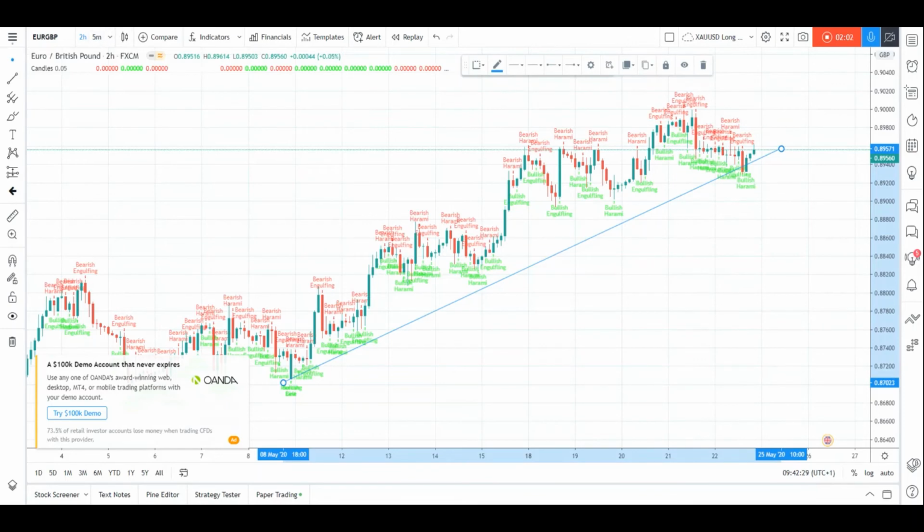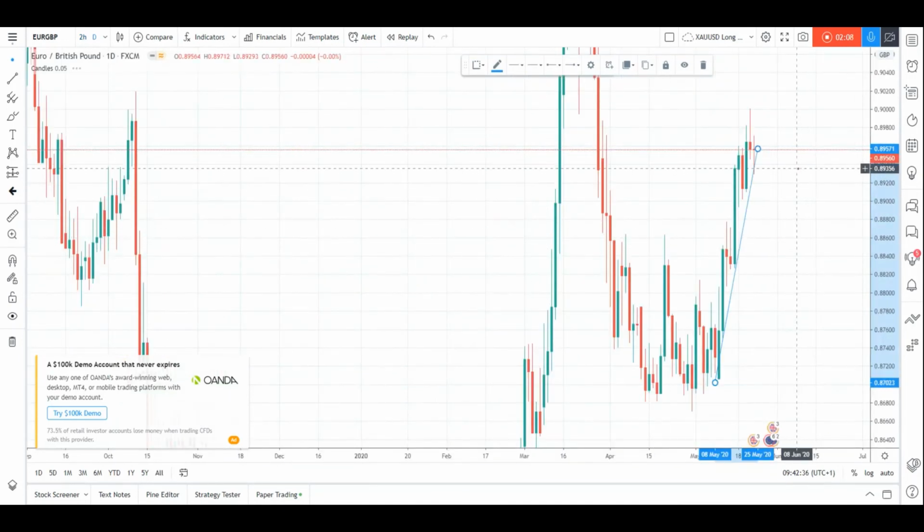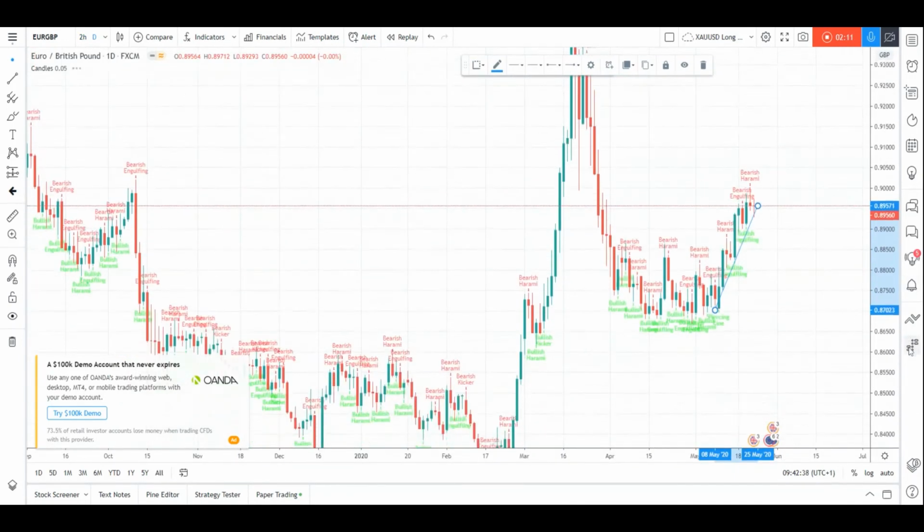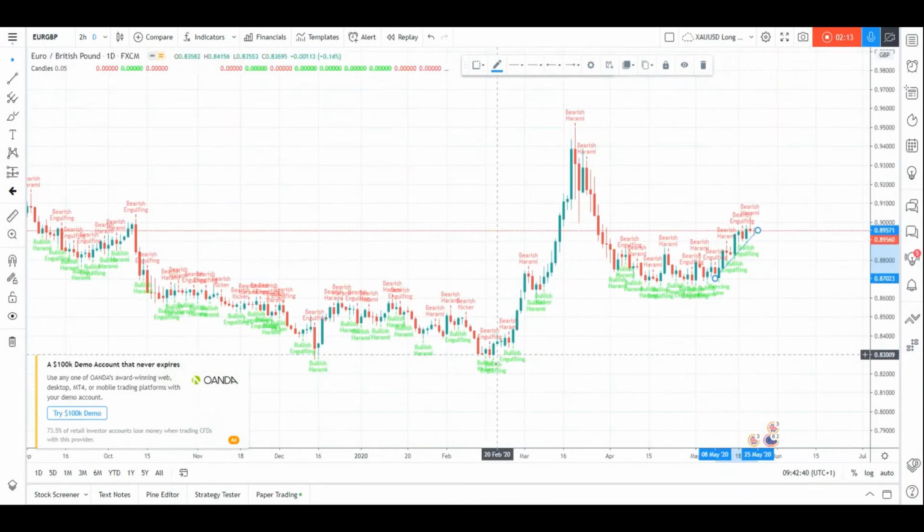So let's change the time frame to daily, and again, different picture. So we're back to February. This is when Italy went into lockdown. Actually helped the euro. We had a nice rally up to